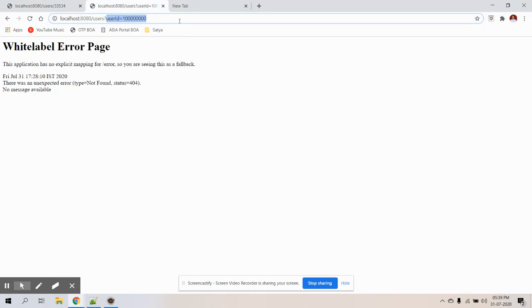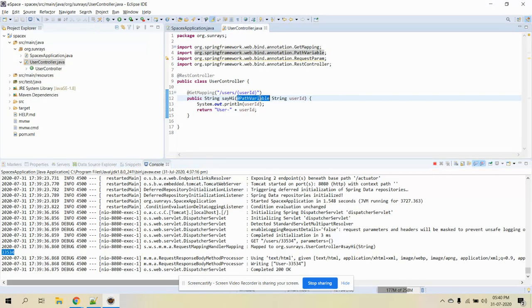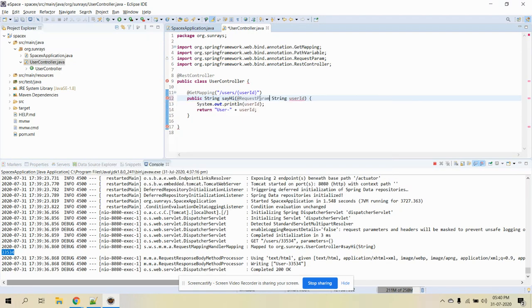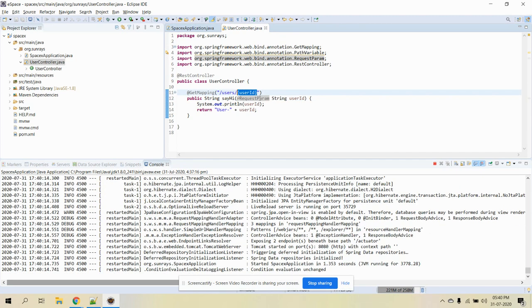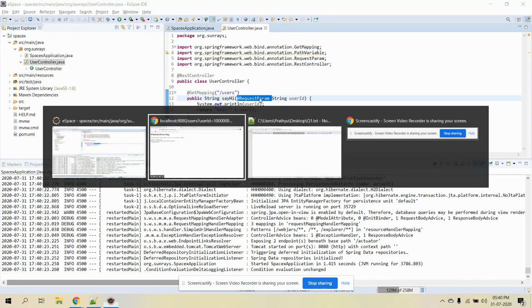And we'll see one more URI. For this URI, how will we handle it? This is a query string, and to handle a query string, we need to use request param. Request param will take the data from the request. So in this case, we need not use this one. This is not coming from the path, it is coming from the query string. So we have to use the query param like this, and it will capture the data from the query string.